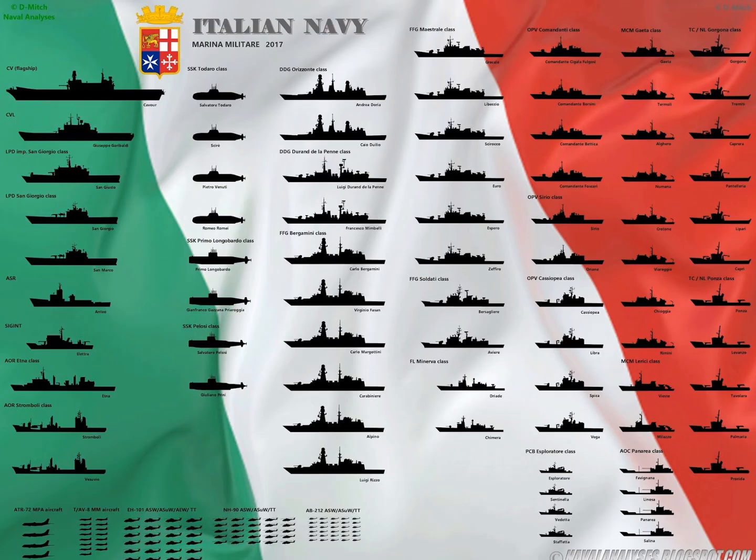This is the Italian Navy, which is actually substantial. The Italian Navy is designed to operate in the closed waters of the Mediterranean and, if required, to provide escorts to the Persian Gulf and the Indian Ocean and the Red Sea to escort the supply of fuel that comes from there. The Italian fleet is actually quite powerful, and it actually has a strong tradition, both in the Second